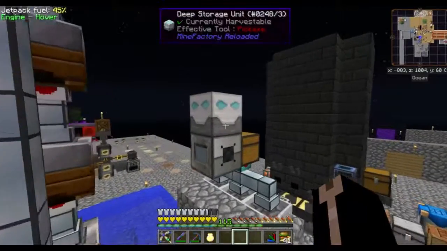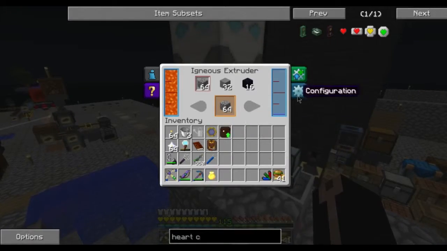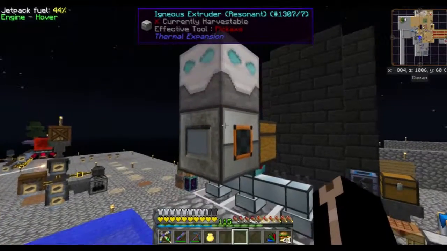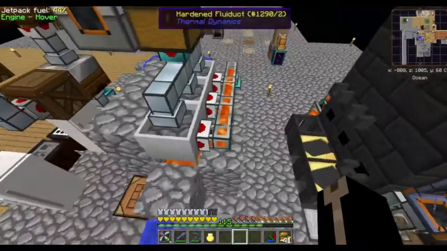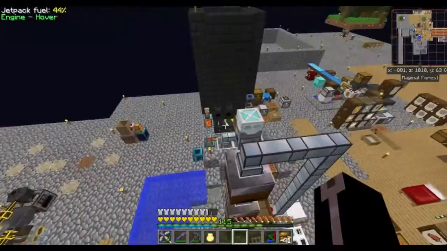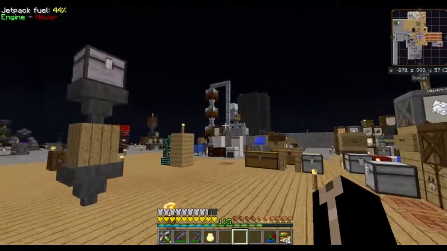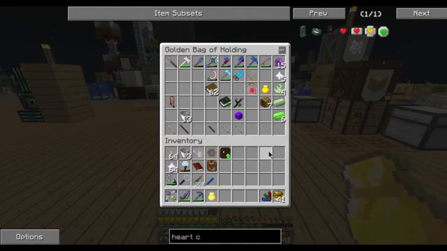Kind of makes me feel bad since I've got an igneous extruder putting into here and it's got like 800k. I remember this emptied eventually, so I just told it to stop working. But yeah, that is 43 million cobble, and that's been running for a good few hours and only produced 800k. So maybe,